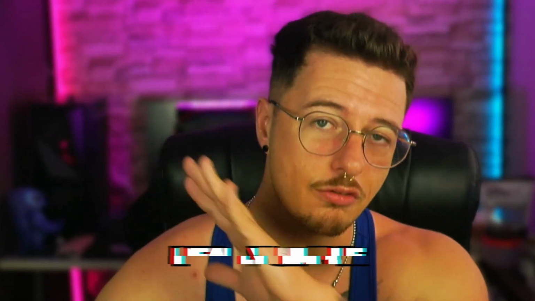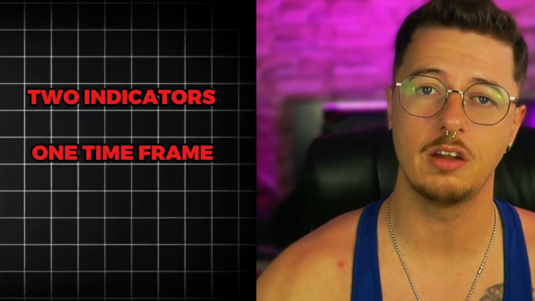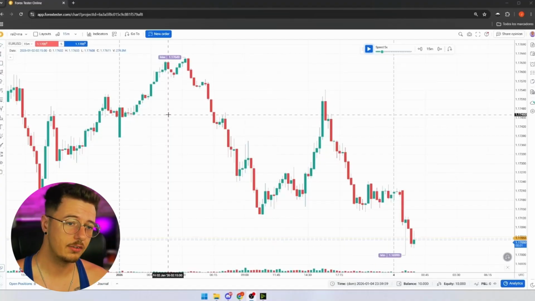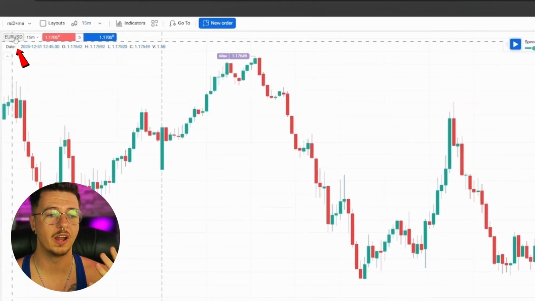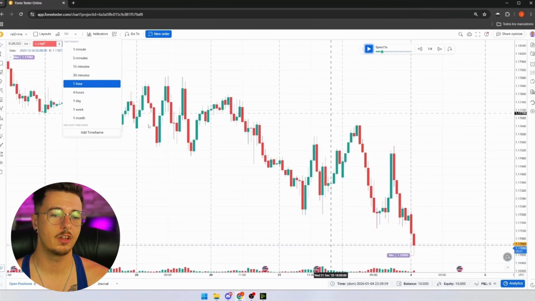But let's go straight into the charts because this strategy is really simple. We only need two indicators, one time frame and one asset. So let's start with the asset, and we are on the euro against the dollar. Now the only thing we need to do is go to the 1 hour time frame,